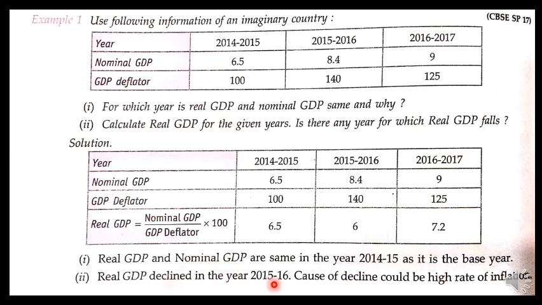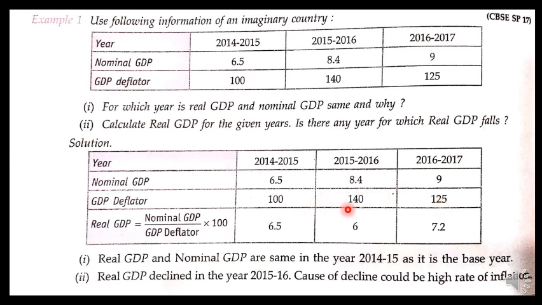So in the year 2015-16, the GDP has declined considerably because of the high rate of inflation. And how do we know it? Because the index has changed to 140. So there is a 40% rise in price. From here to 2016-17, if we compare these 2 years, 2014 and 2016, the rise is 25%. So in both the time periods, the real GDP has fallen. Here also we calculate by substituting 9 and 125 the values here, and you will get the real GDP. This is also less in comparison to nominal because of the rise in the index, showing a 25% rise in price as compared to this year.